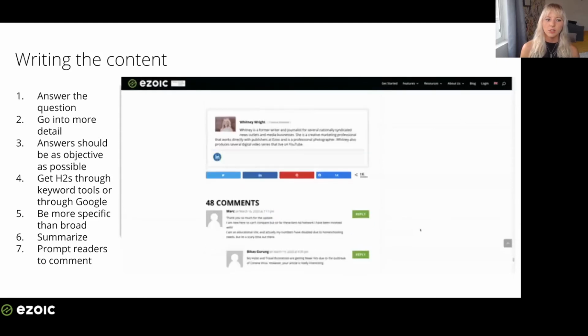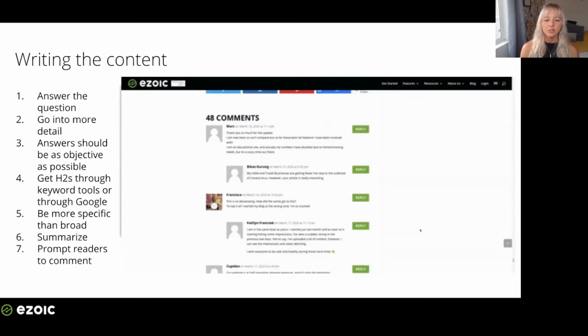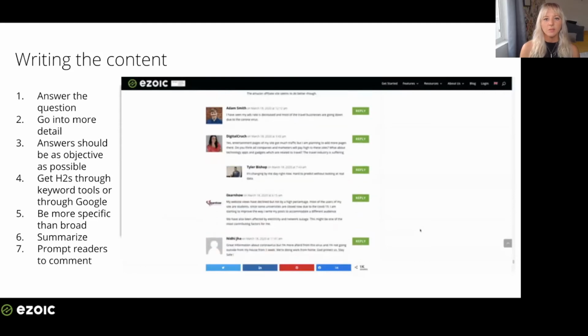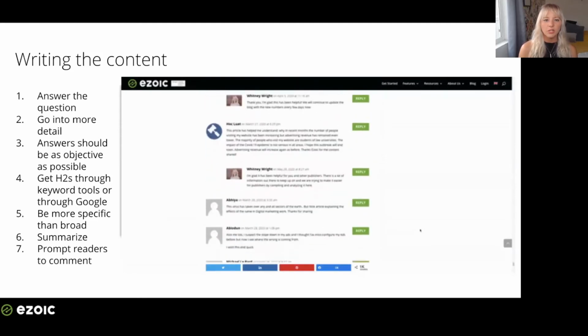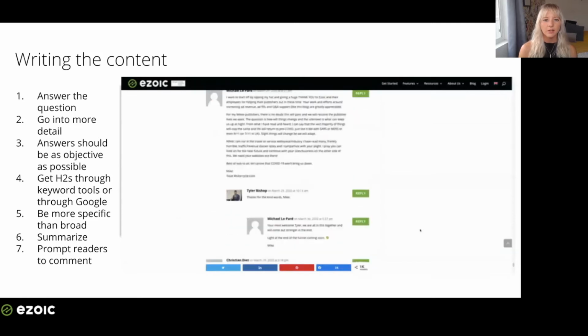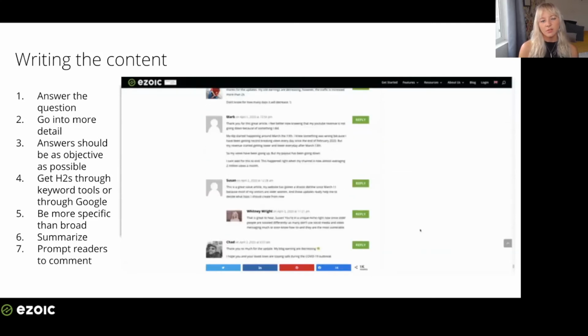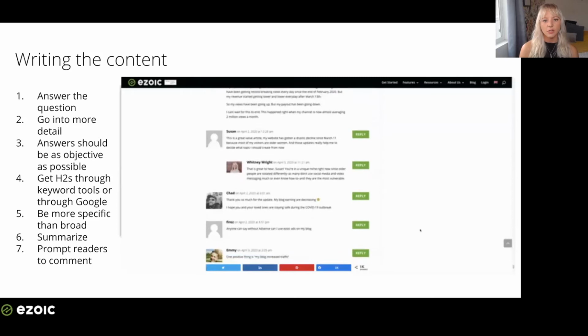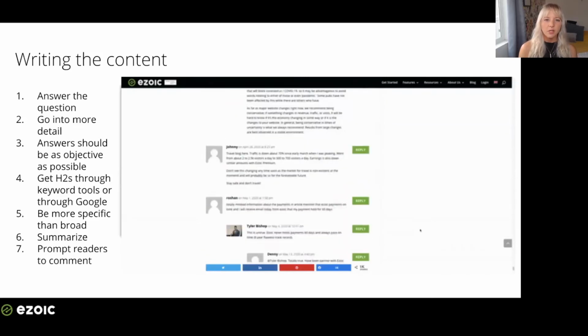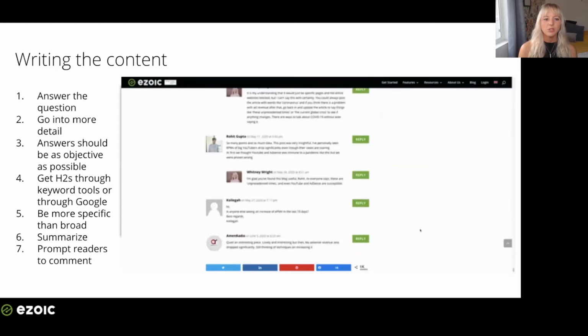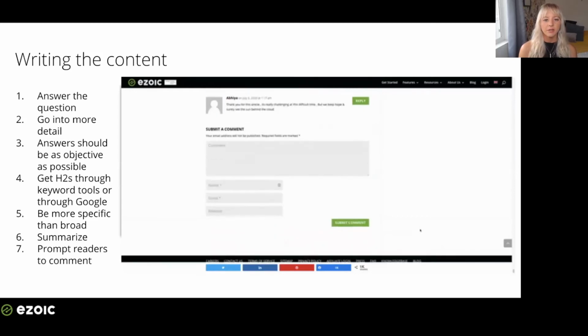Broad questions and keywords are going to be hard to rank for because there are just so many sites out there that can answer something simple. So for example, if you were trying to write an article on what color is Saturn, there's already a rich snippet for that. There's already so many sites that go over what color is Saturn. But if I wanted to write something on the colors of Saturn, I could use the H2s to then answer more specific Saturn color questions, and I would be more likely to rank for those specific queries.